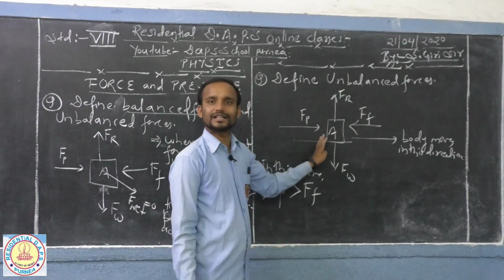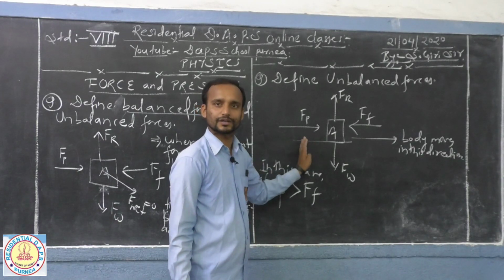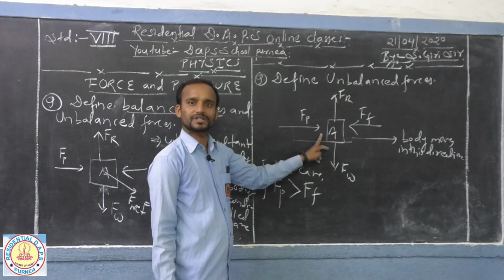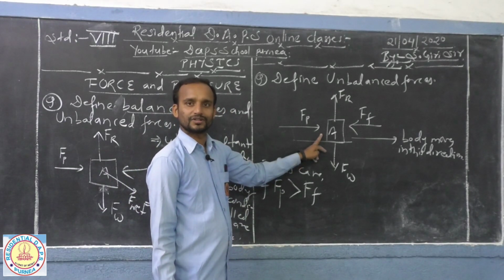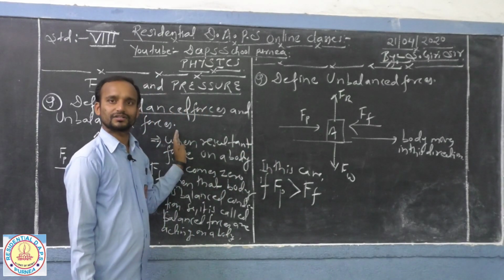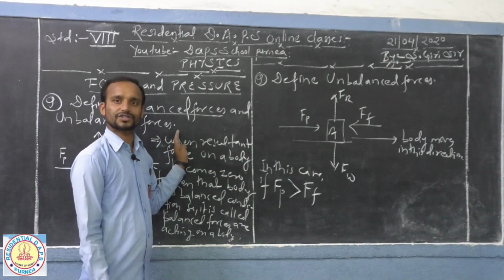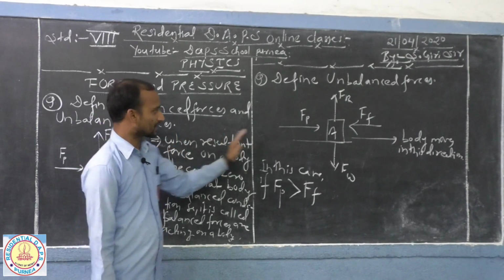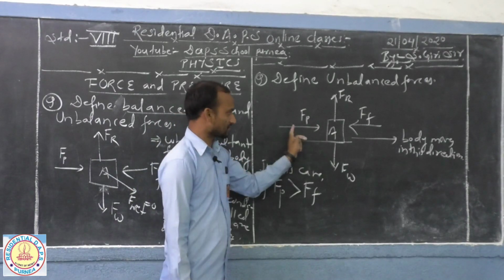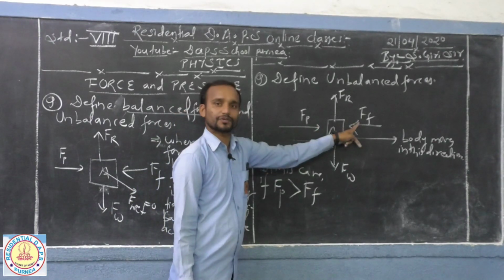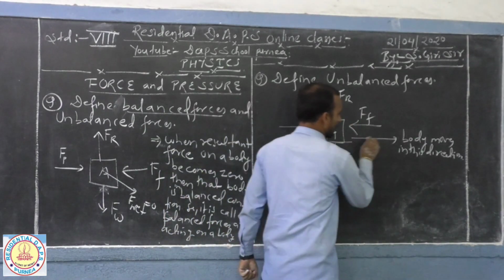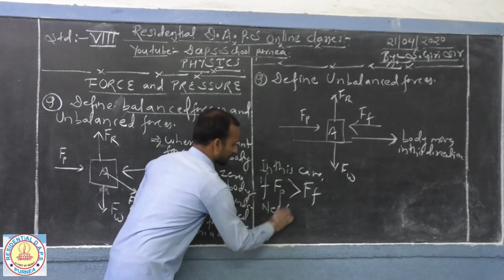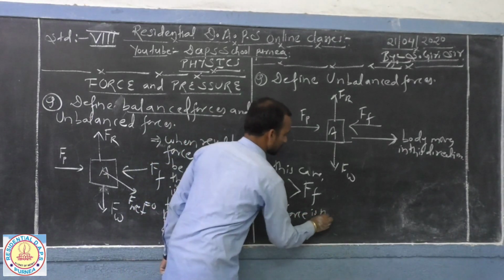As a result, the condition is unbalanced here, and hence the forces acting here are known as unbalanced forces. It means the net force is going to be something else, not zero here. Remember, in a balanced condition, in the rest or stationary position, the net force becomes zero. But in unbalanced forces, the pushing force is greater than the frictional force, so the body is moves in this direction, which means the net force, the resultant force, is not zero here,